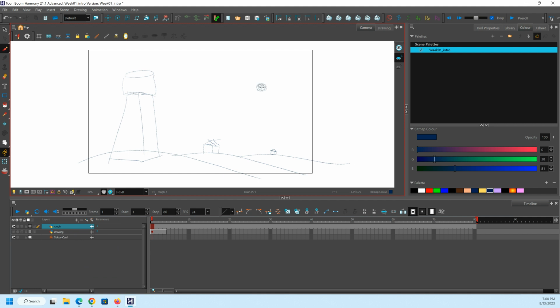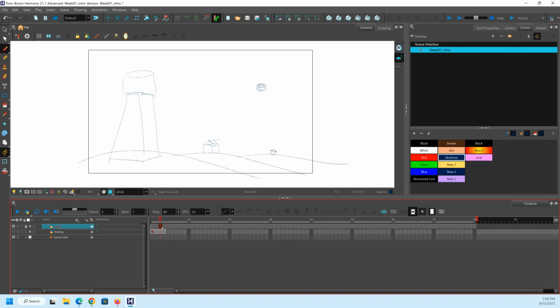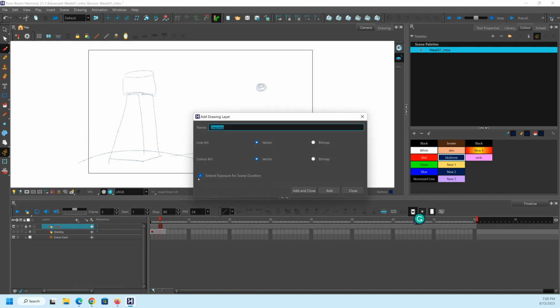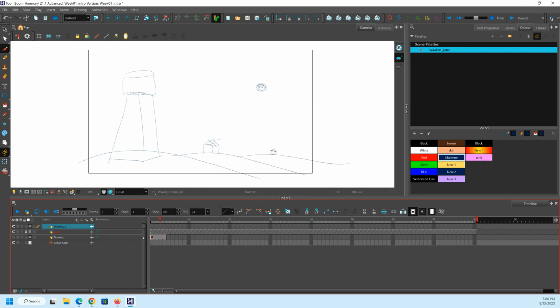So I have my rough sketch behind it, and I can lock it so that next time I come to draw and animate, I can create another layer. This one is a drawing, and this one I'm going to keep as a vector. This one is not going to be extended exposure. I simply draw my first frame. Actually, I'm going to do it right there, and then here I can start refining